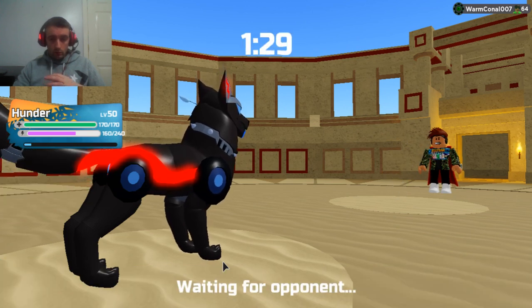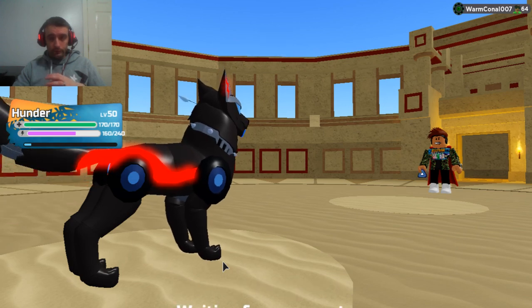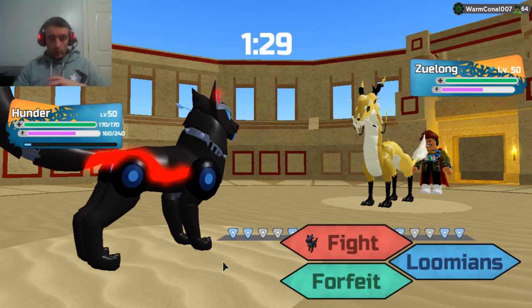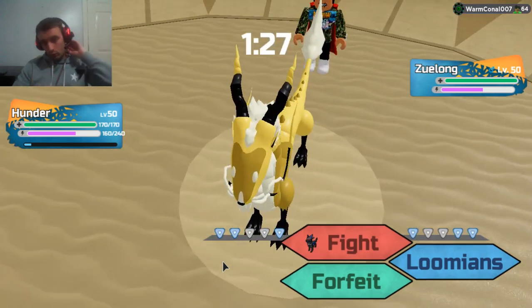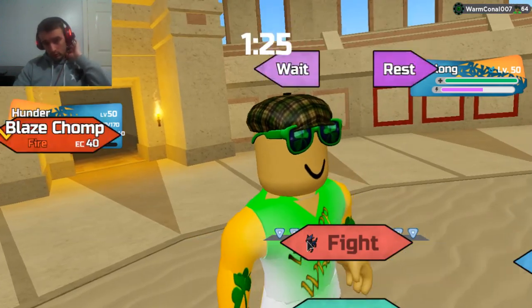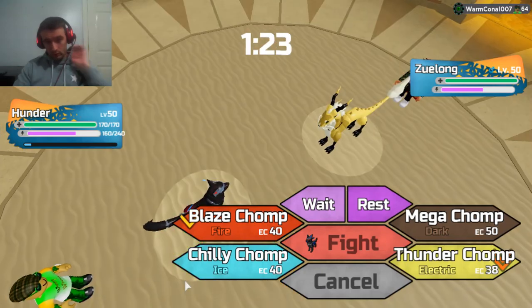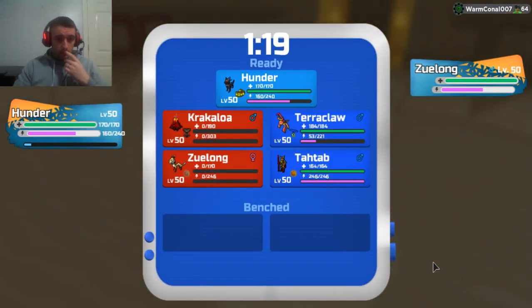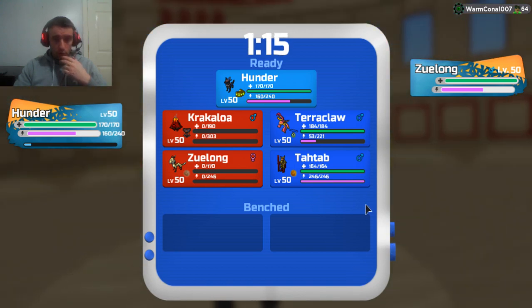Zulong could come out. Yeah, he does have Zulong still. Then he's going to Ancient Roar. There's no way I stay in. If I stay in, I'm dead. He's going to Ancient Roar into...